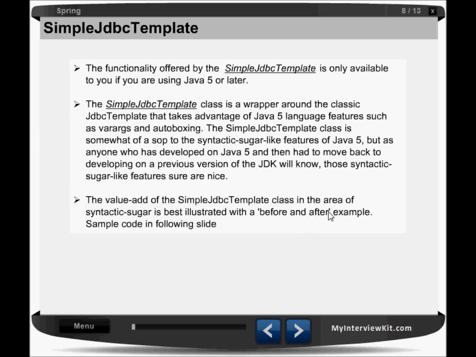The value added of the simple JDBC template class in the area of syntactic sugar is best illustrated with a before and after example. So we will have some examples on the basis of this JDBC template. Next I will explain how to make a program using this JDBC template. So that's all about JDBC with Spring.